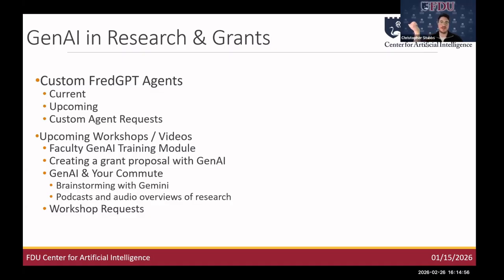So we're developing a faculty Gen AI training module. Faculty will be able to take a multi-part training course and get a training certificate of completion from that. We're developing workshops on how to create a grant proposal and use Gen AI as a writing partner,